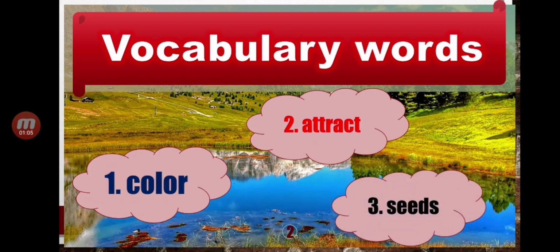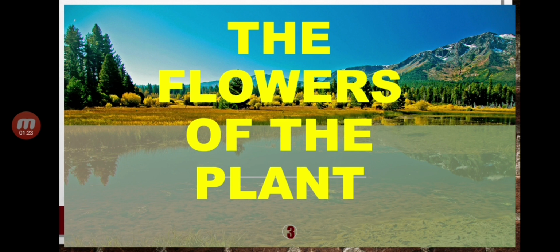The third word is seeds. Again, seeds. Let us spell the word seeds. S-E-E-D-S. Seeds. Very good. Okay, now our topic that we are going to discuss is all about the flowers of